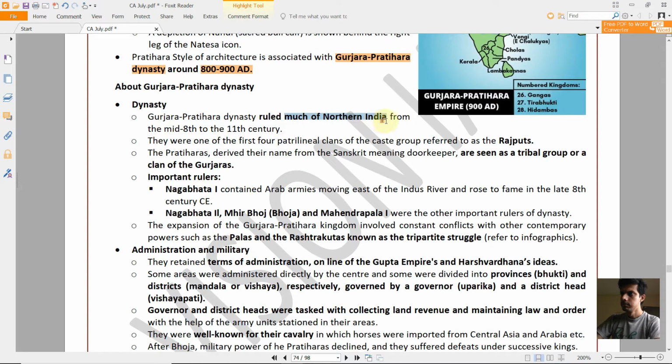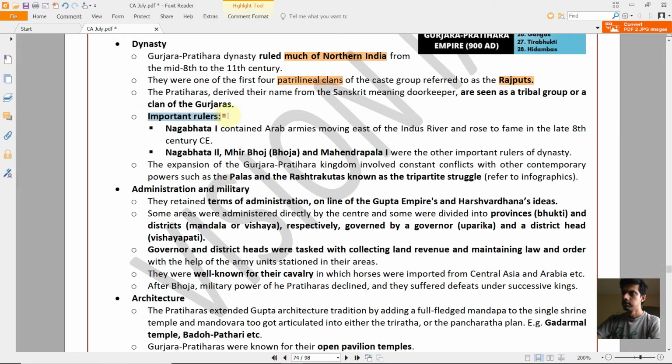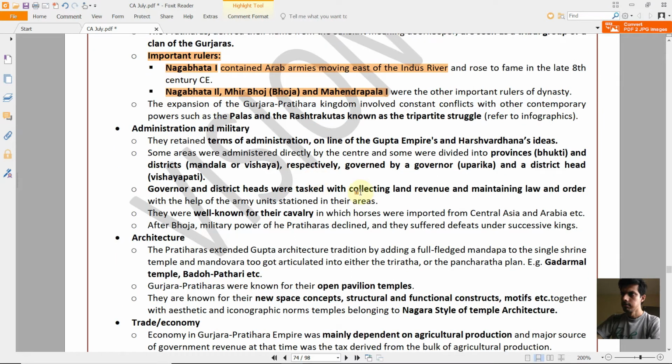It ruled much over the northern India and these were based on patrilineal clans of Rajputs, and then the important rulers like Nagbhatta 1 and Nagbhatta 2, Mihir Bhoja, Mahendrapala. So these names are important. They can ask questions on which dynasty these rulers belong to and give match the following type of questions. So it is important to remember the names of the rulers.